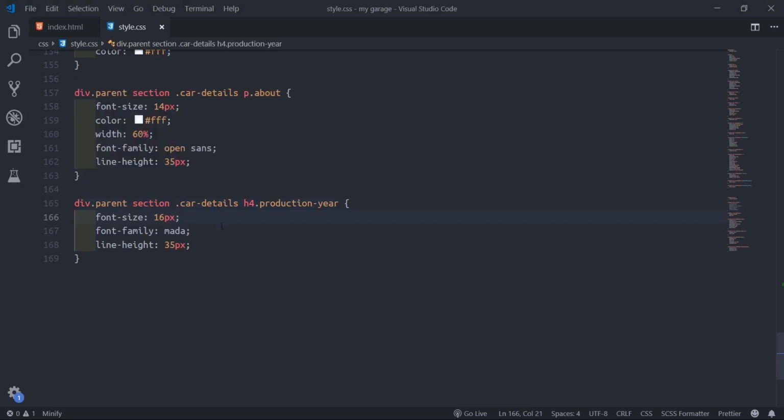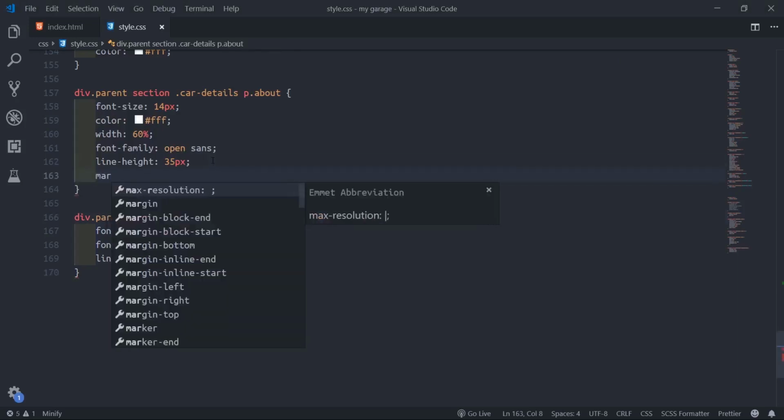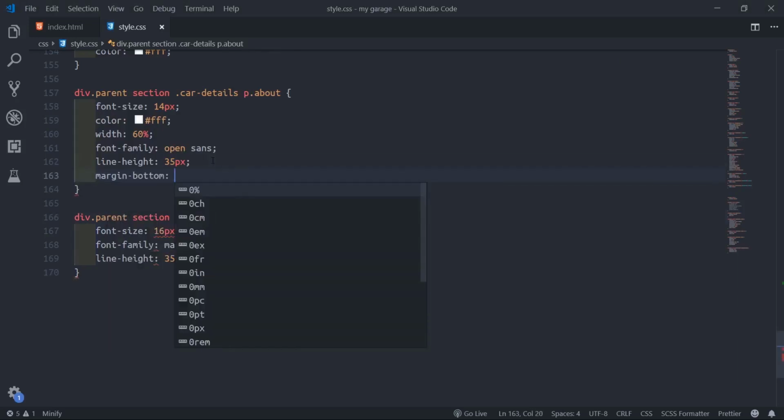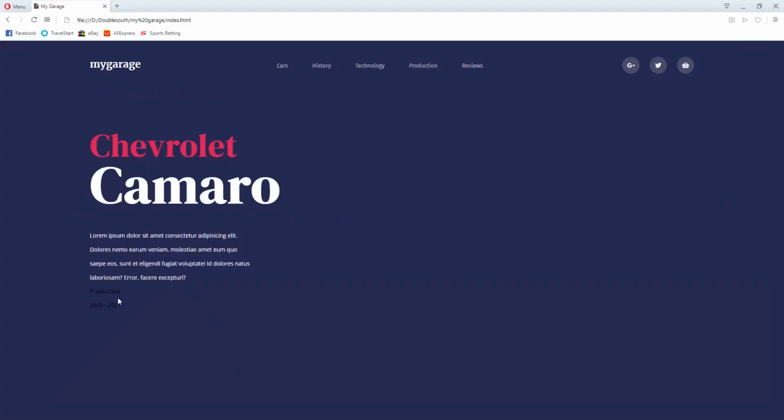So I'll come to this place, we'll pull this one down. Margin-bottom, so margin-bottom 50 pixel. So we put it inside the paragraph so that it pushes down. You see, it doesn't push down now.